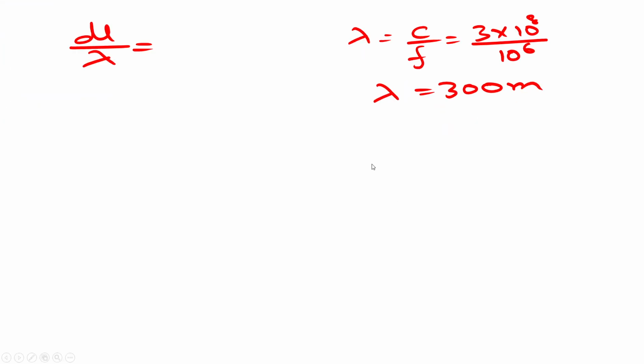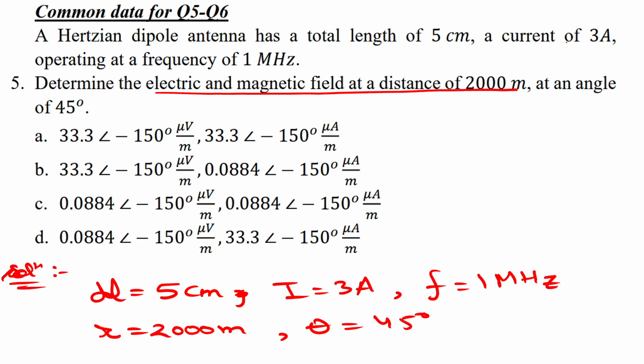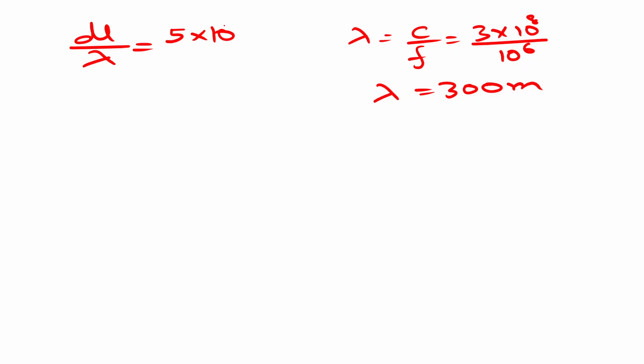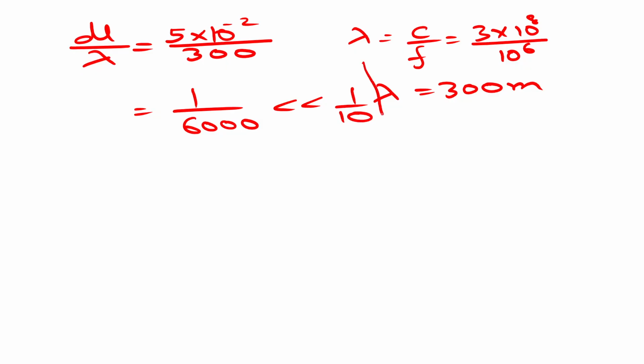So dl by lambda we have to calculate. dl means the length of the element, which is given as 5 centimeters, so I will write it in meters. So 5 into 10 to the power minus 2, and lambda is 300 meters. So if we calculate dl by lambda, it comes 1 by 6000, which is much less than 1 by 10. So the element is a current element, and